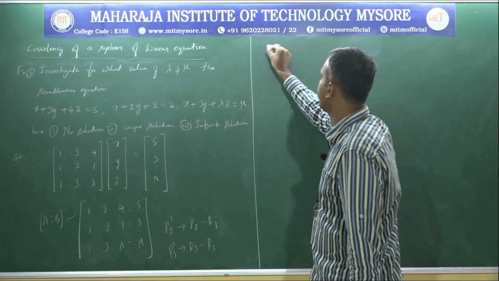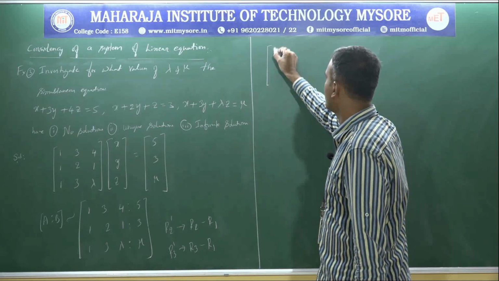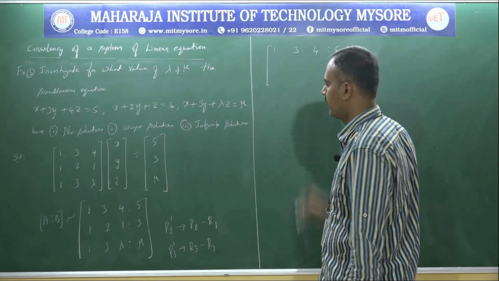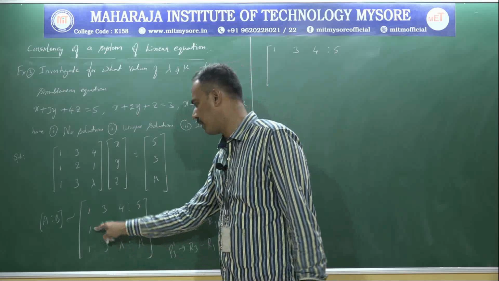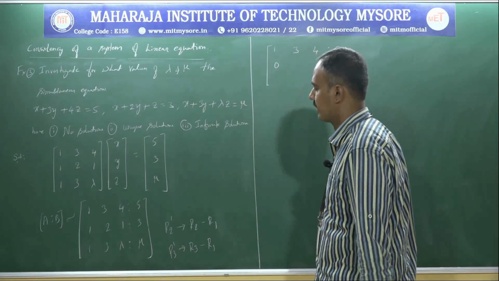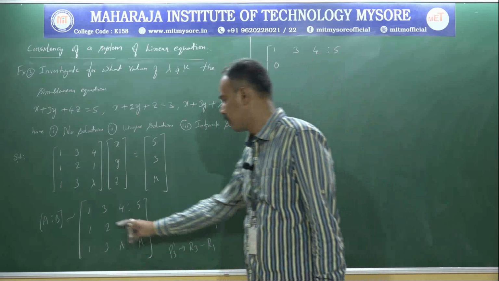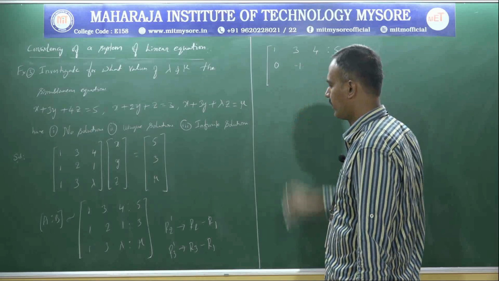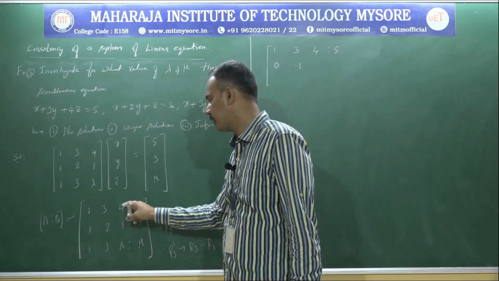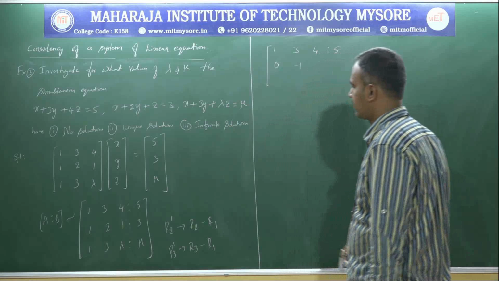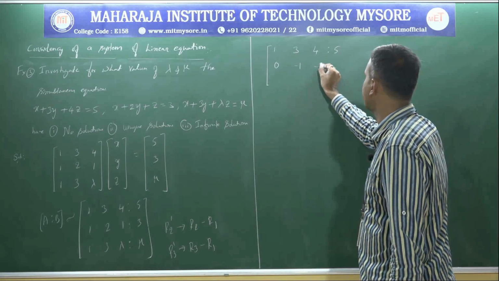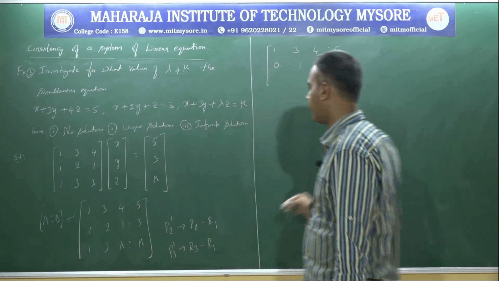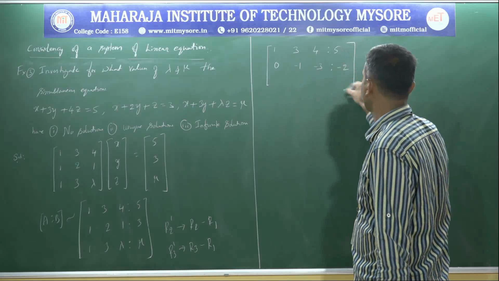Now the changes can be specified in terms of the rows. First row, no changes, the same elements. Now the next one, R2 minus R1: 1 minus 1 here is 0, right. Now the next one is 2 minus 3 here, now minus 1. Now the next one, 1 minus 4 here, now minus 3, right. Now the next one is 3 minus 5 here, minus 2.